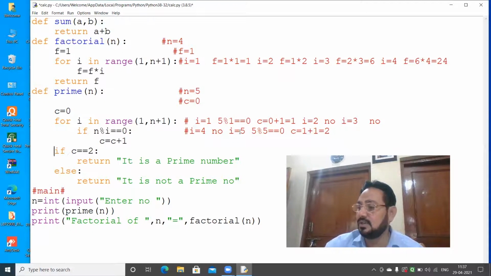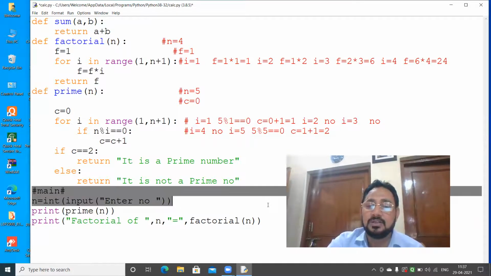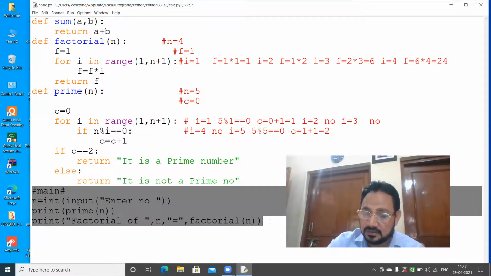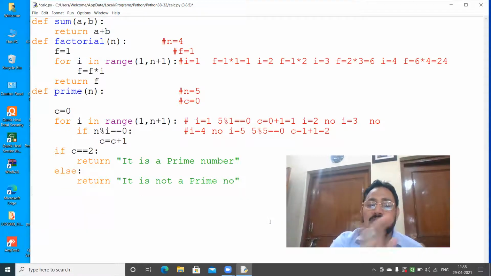So, as I told you, while you are making modules, documentation is the important part. So these are the calculation parts. Basically, I'm leaving this for you. Main, I don't need. Once you make a module, please don't write any main. So just remove main from here, because a function is actually a module. So we have 1, 2, 3 modules.